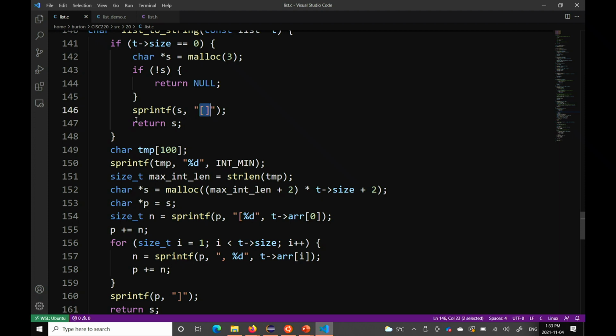So I'm going to use sprintf to do that. Now, sprintf is basically printf, except the first argument is the character array that you want to print into. Now, notice there's something subtle here. Up here, I allocated an array of size 3. But here, I'm only putting two things into the array. So the array looks like it's one bigger than it needs to be. But you have to remember that in C,